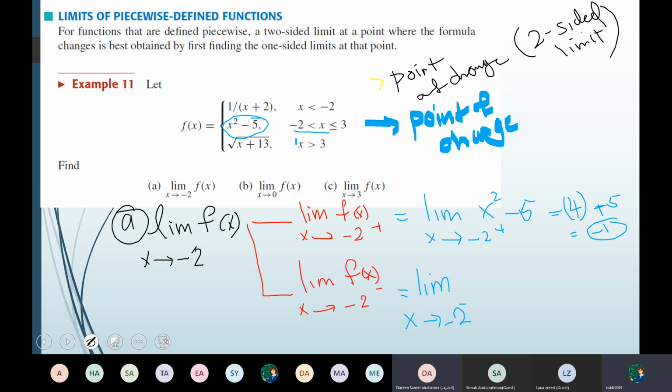The first one? The first one, thank you. 1 over x plus 2. So the limit when x approaches -2 from the left. Now,